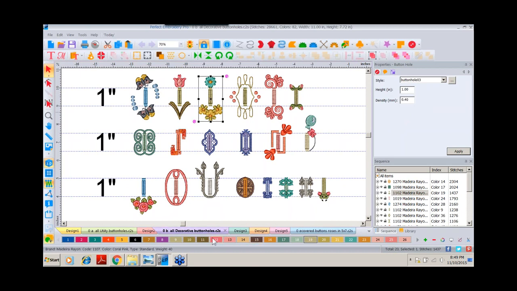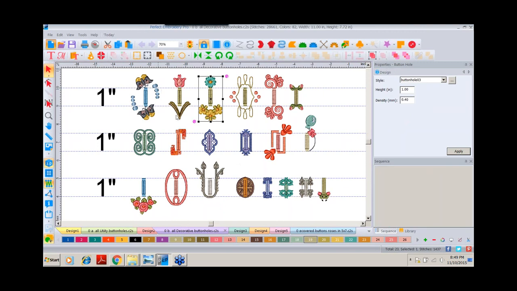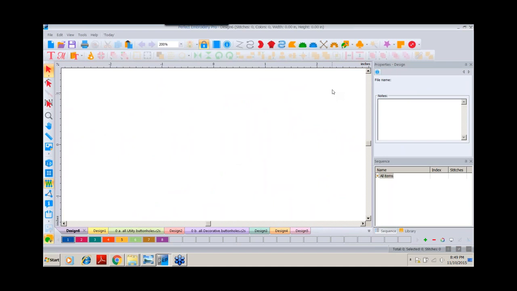So you want to make sure that that is clear as well when you're working with them. We'll come to a clean screen, and we're going to talk about another feature that's very fun that goes along with buttons, and that is our bead feature. We can easily create bling